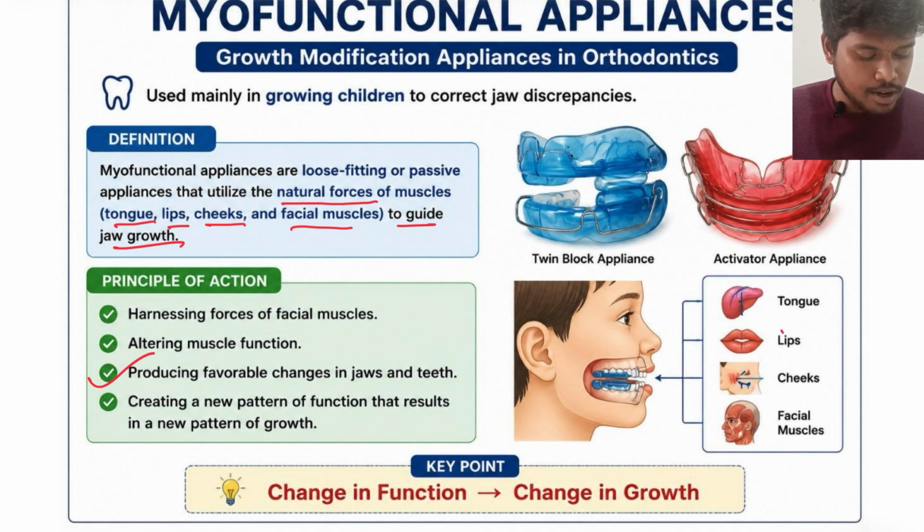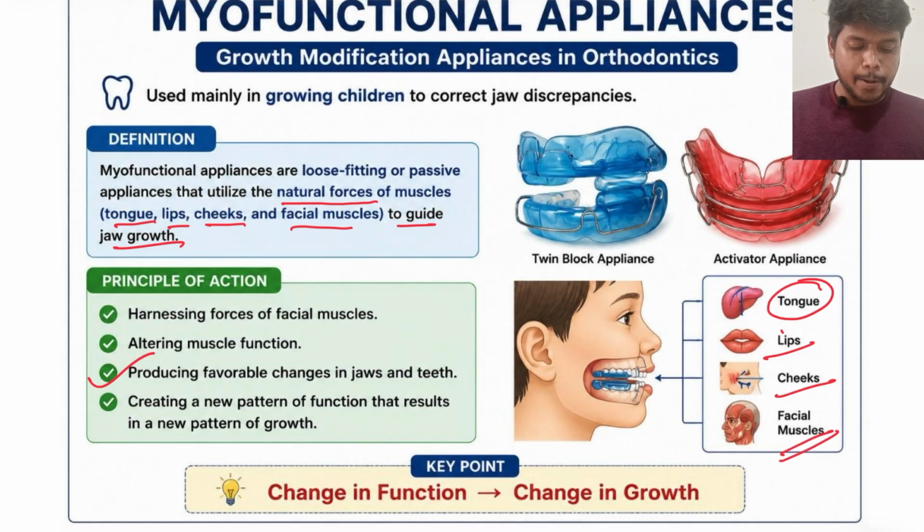So what are the musculatures that work with the functional appliance? Okay, let's see, there will be a tongue, lips, cheeks and facial muscles. Okay, the key point is change in the function. So we will change the functions of the muscles and there will be a change in growth. Okay,